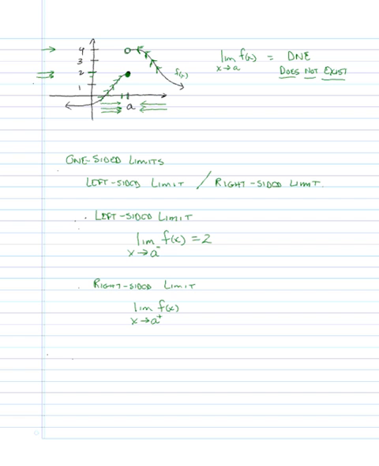And when we travel along the graph in this direction, then the y we're getting close to, of course, is the y value of 4. So the right-sided limit is actually 4. Yes, actually 4. So that's the idea of left-sided and right-sided,